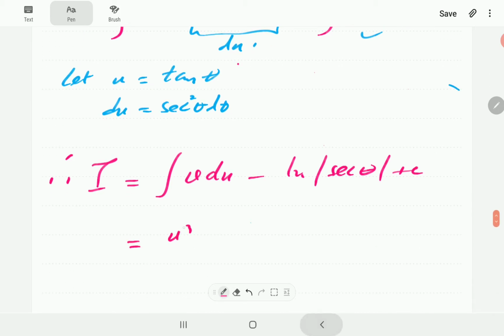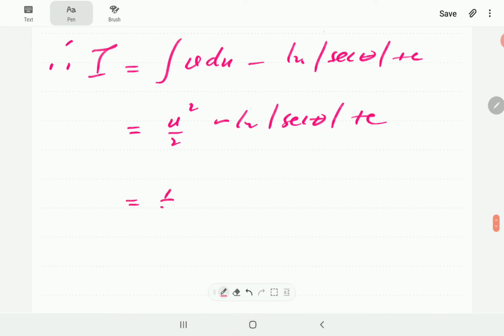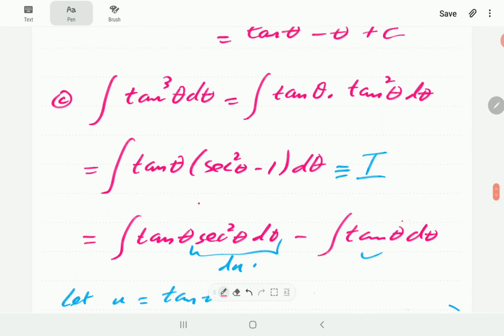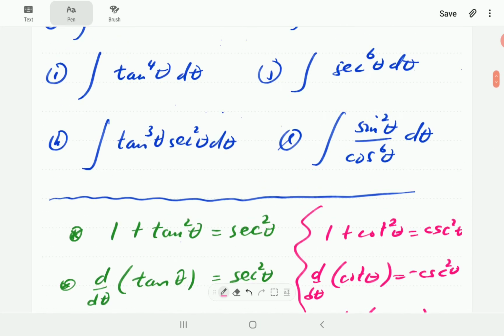And so this one is going to be u squared over 2 minus ln of magnitude of secant. So u, remember, is tangent, so that's going to be 1/2 tangent squared minus ln of magnitude of secant. So that sorts out part C. Then part D